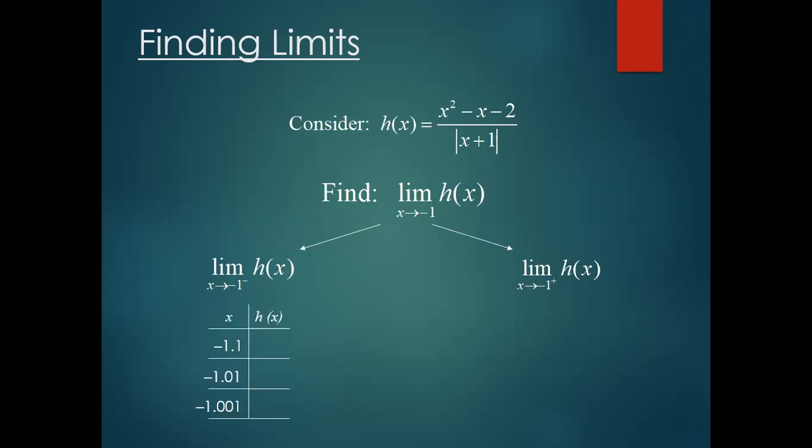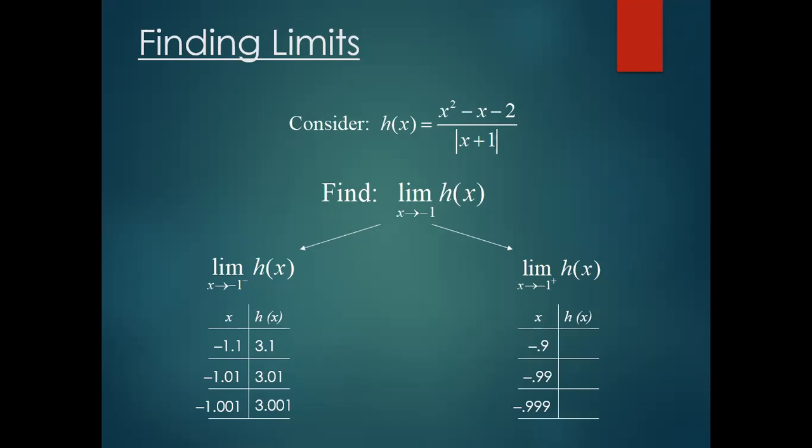So let's have the table. The left of negative 1 is negative 1.1, negative 1.01, negative 1.001. So that is the left of negative 1. If we try to solve, using the equation x squared minus x minus 1, we just plug in the values of x there. The result will be 3.1, 3.01, and 3.001. On the right side, we have to the right of negative 1: